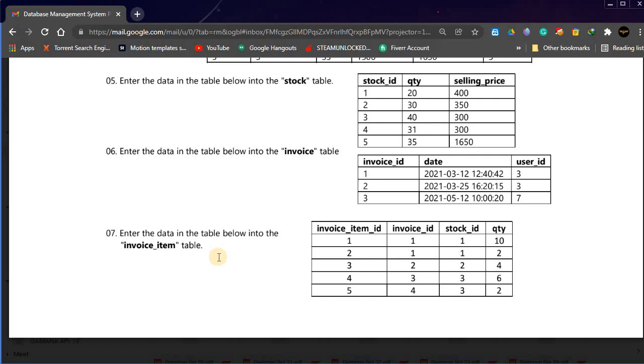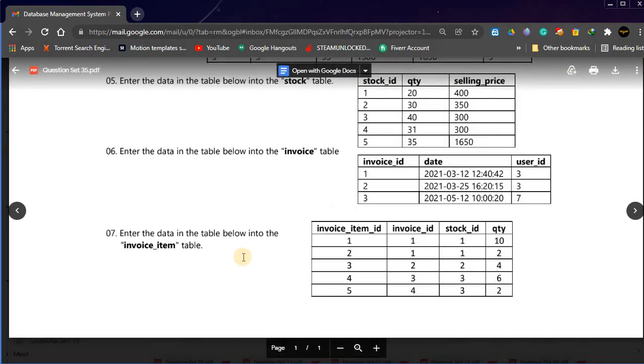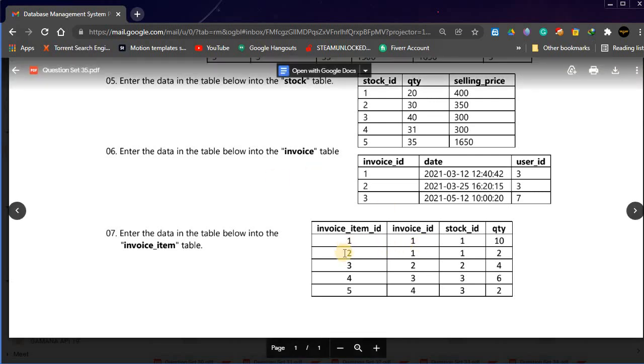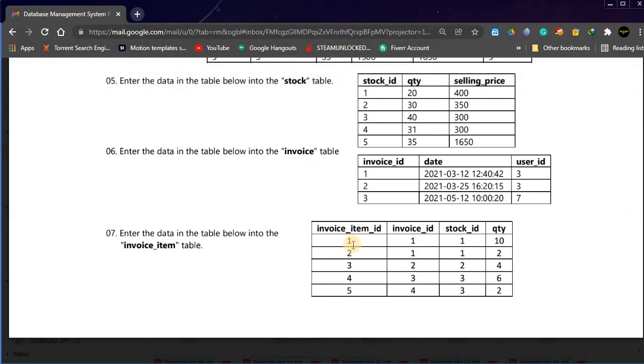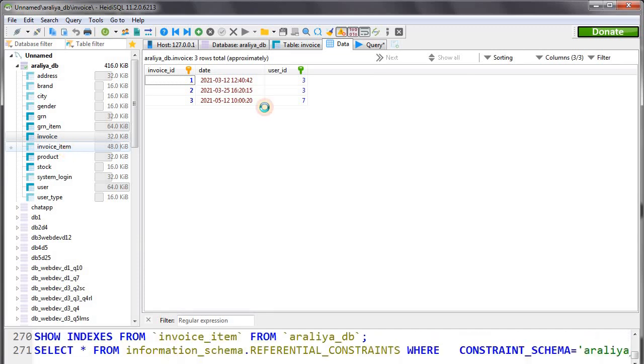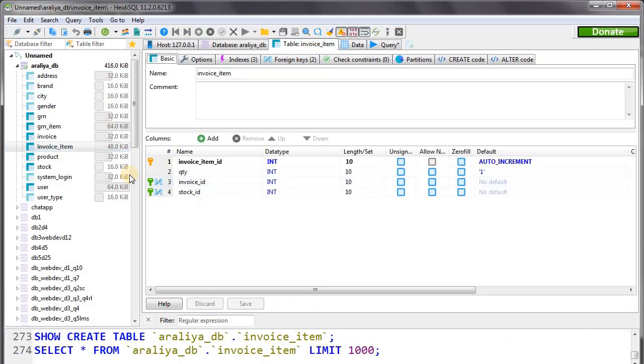So as the GRN table, there's another table called invoice item, and it has a relationship with invoice table. So these are the data. Now let's enter this data into this invoice item table. But before that, let's check the table structure here.